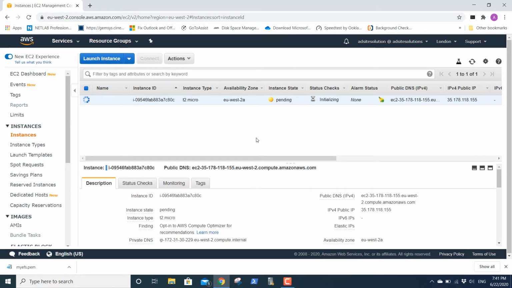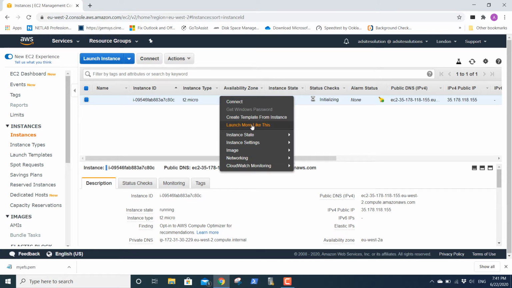The only changes I did while creating the EC2 instance is change the availability zone. I put this into availability zone 2A, okay, and I created the key pair, okay. Now I'm gonna create another EC2 instance, but you will be thinking, guys, that oh, it's gonna take time, but I'm gonna show you a shortcut on creating the same EC2 instance but in a different availability zone. I'm gonna right click this, and I say launch more like this,